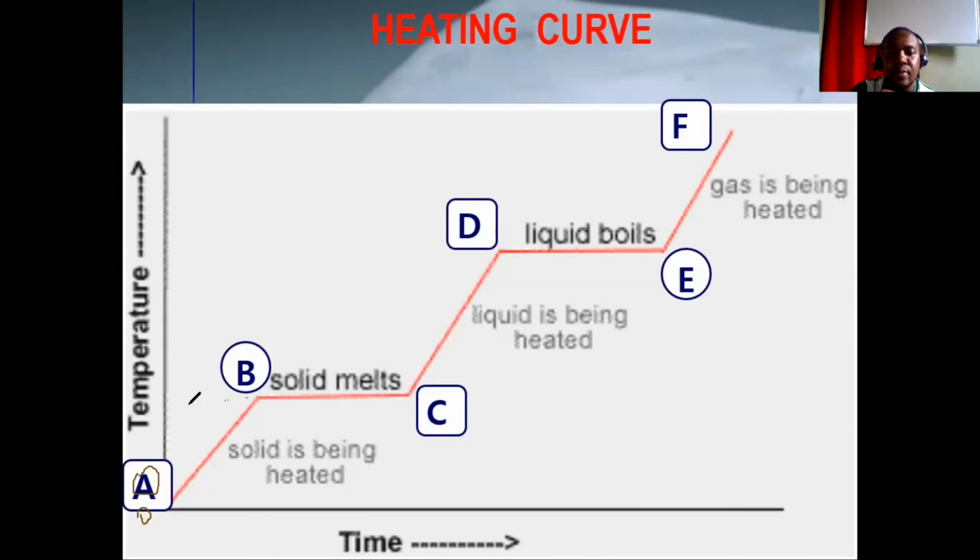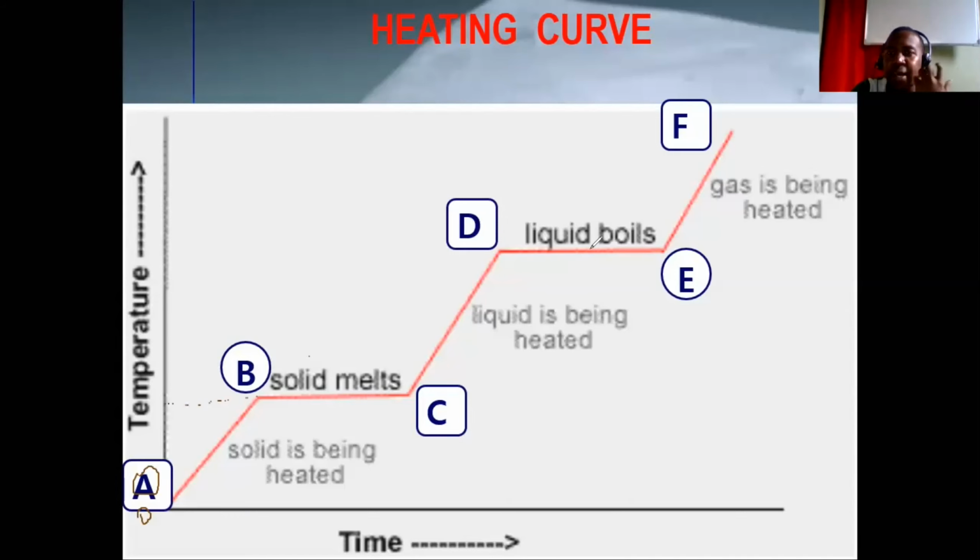At this point here, this is the temperature at which it's going to melt. So the ice now melts. Between A and B, we have a mixture of solid and liquid. And then at B, we have the liquid phase, so we have water at B. And then we continue to heat that liquid until it reaches D,